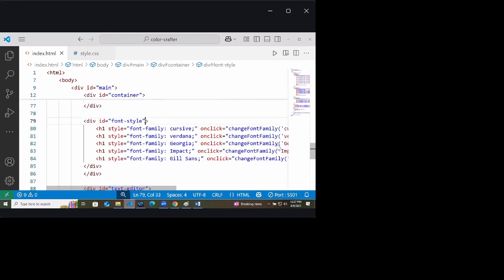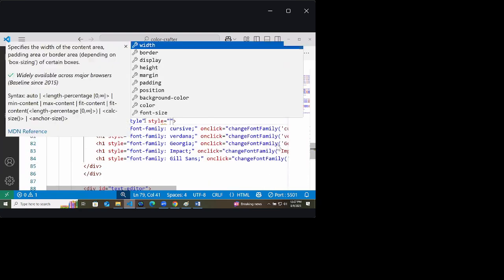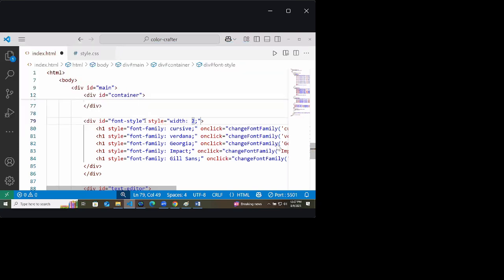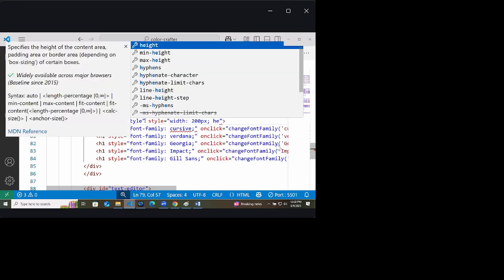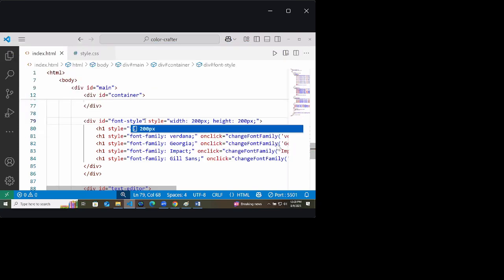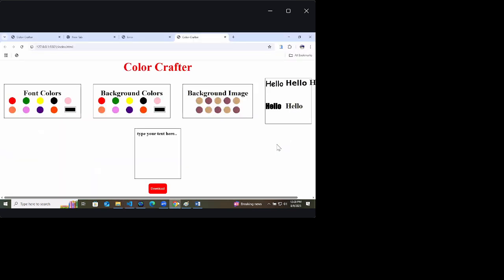Means font family 1. Height width 200 pixel, 200 pixel. All of the containers will look the same size. Width has 200 pixel, height has 200 pixel. Its height width, what happened to it?